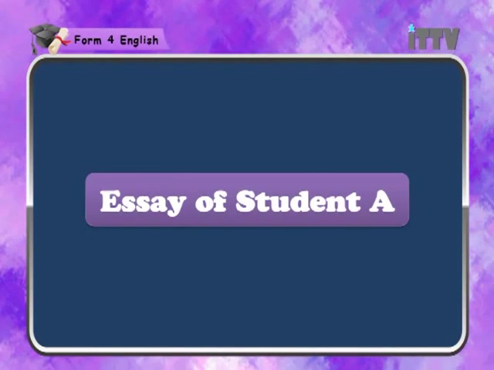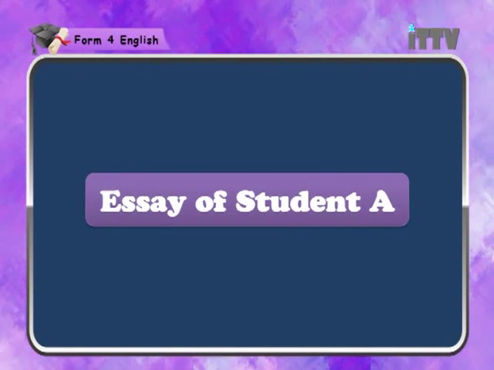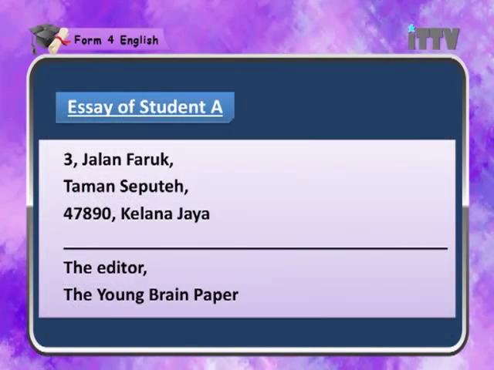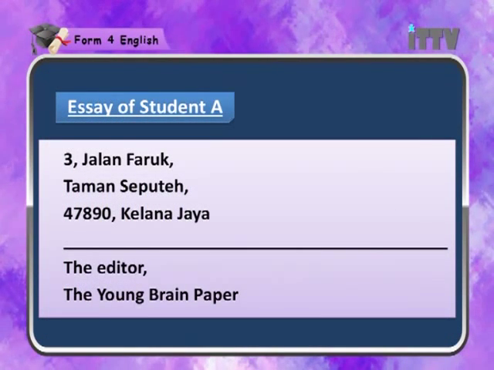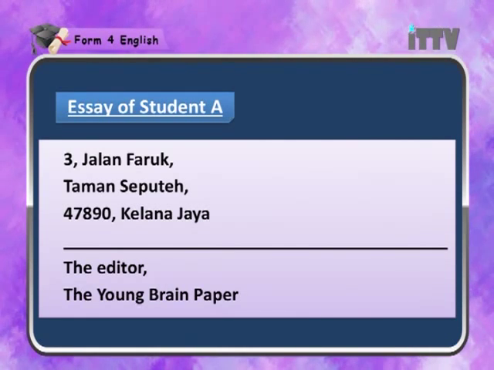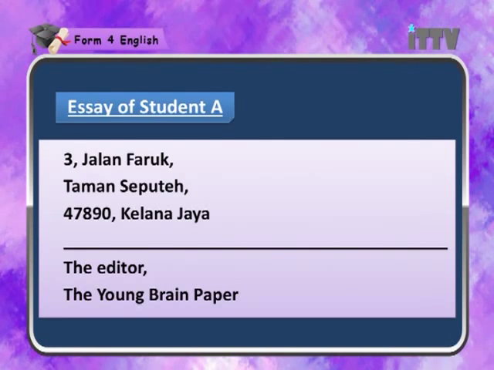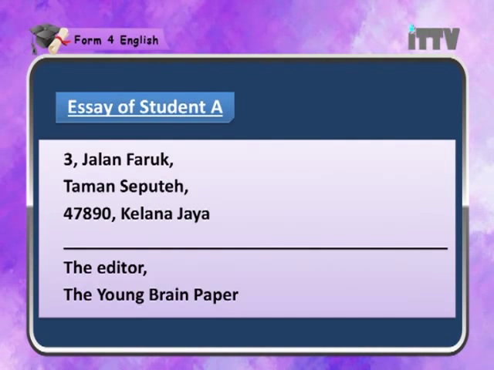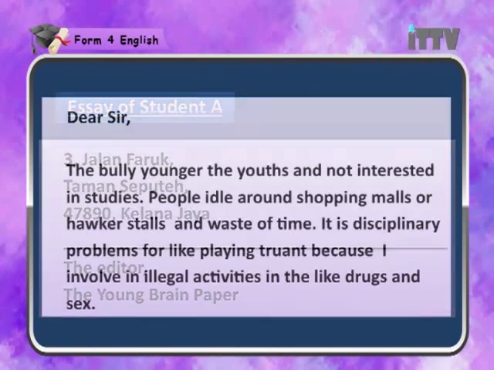So let's move on. We're now going to take a look at an essay of student A. So this is basically the essay. Let's look at it closely. Essay of student A. First, we have the address, 3 Jalan Farooq, Taman Seputeh, 47890, Kelana Jaya. We have the line, and then the editor. What company? The Young Brain paper. Dear Sir,